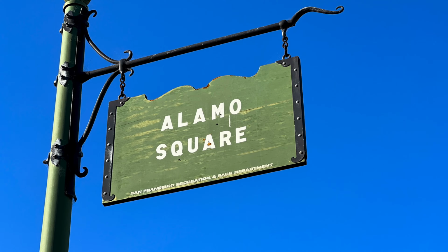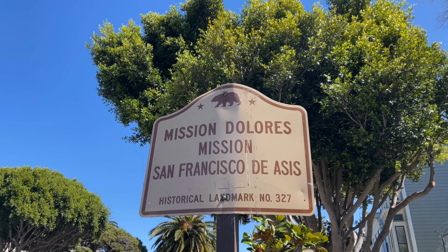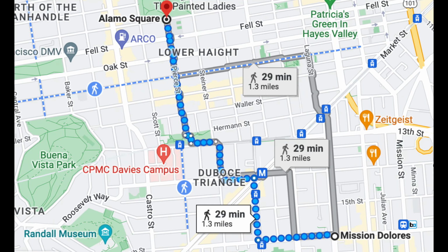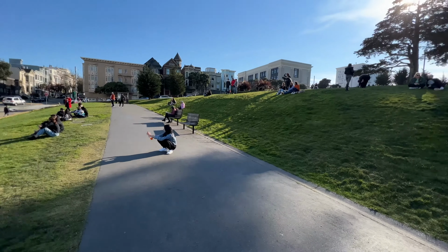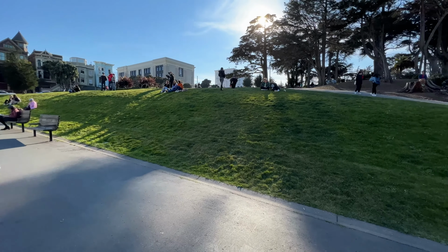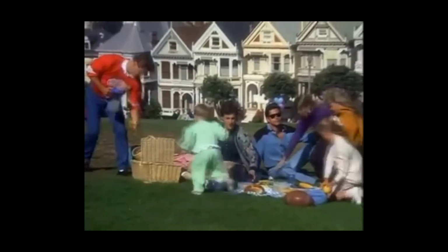Square, to one of the least visited and way overlooked buildings in the city, the Old Mission Dolores. So we'll begin at Alamo Square, originally built as a watering hole for horses en route to the mission in the 1800s. Here you'll see those colorful Victorians that everyone recognizes from the opening credits of the Full House TV